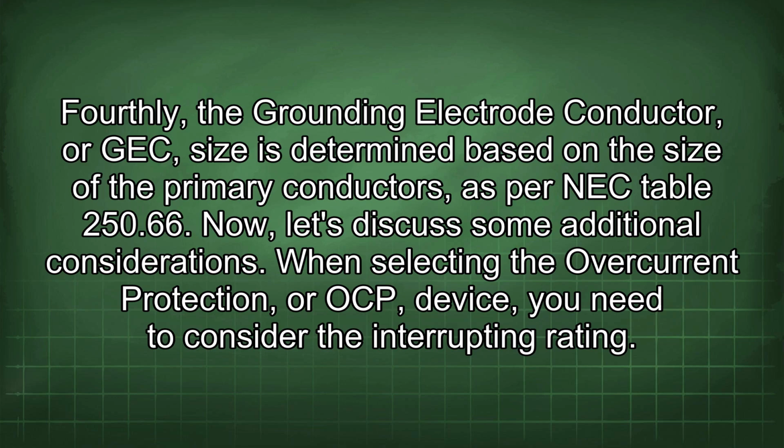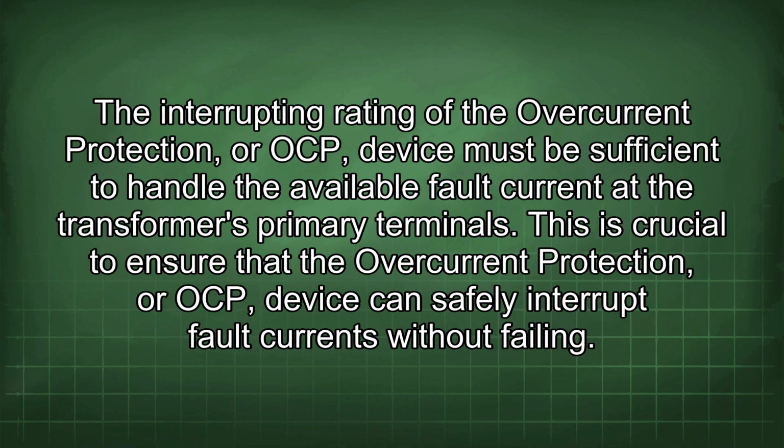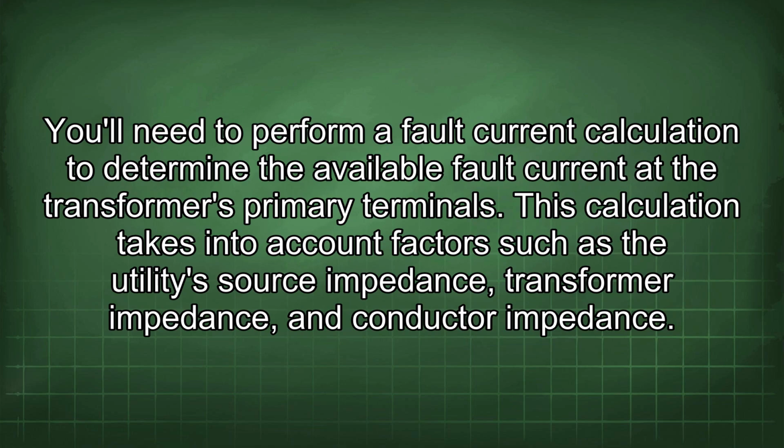When selecting the overcurrent protection, or OC, device, you need to consider the interrupting rating. The interrupting rating of the overcurrent protection, or OC, device must be sufficient to handle the available fault current at the transformer's primary terminals. This is crucial to ensure that the device can safely interrupt fault currents without failing. You'll need to perform a fault current calculation to determine the available fault current at the transformer's